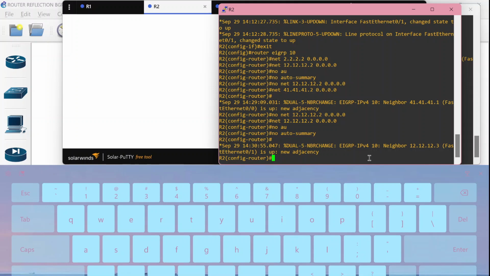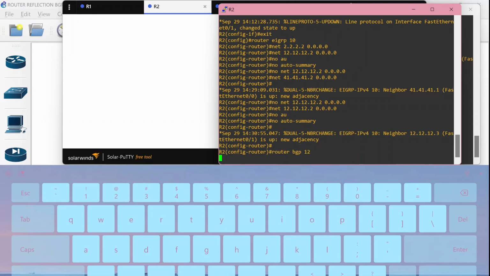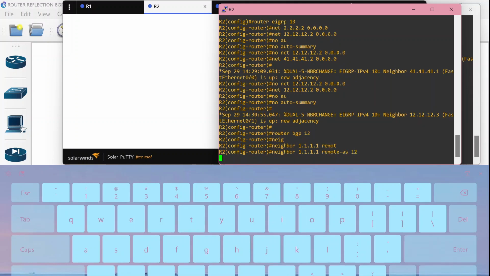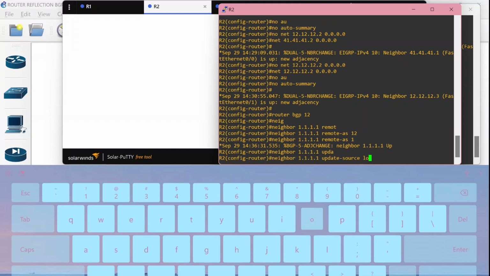Enter router BGP 12 again, because this is the same circle, and remote-as 12 because the BGP is the same.